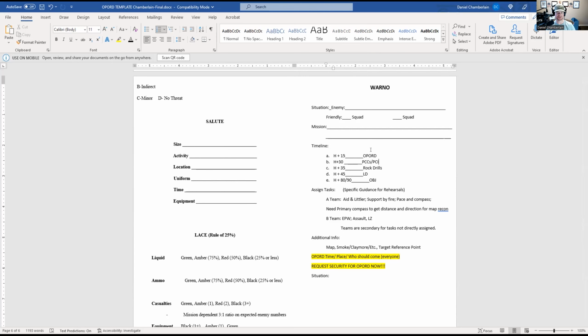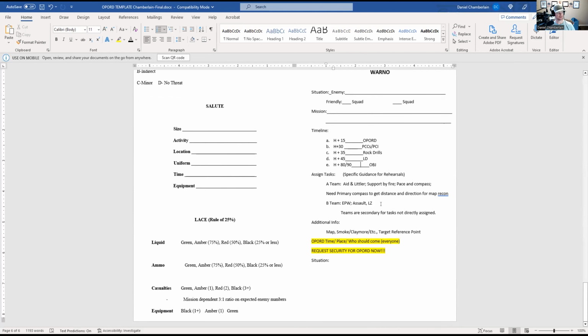Now, you want to make sure there's still enough time left that if someone doesn't have something, they can get back to it, right? If you shake someone's canteen and it's empty, you need time to send them to get water. Hopefully, their team leaders were doing their job while you were receiving your op order and getting those filled. It's imperative that you have good team leaders and you can rely on them. But if not, make sure you have enough time to take care of your soldiers. So, op order, rehearsals, PCCs, PCIs, then we LD, and then time on objective will be listed there.